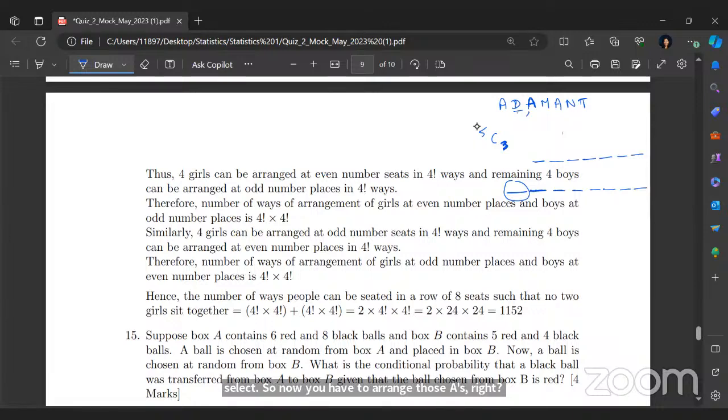So let's say I put it here. It can be put here, or it can be put here, or any three places in such a way that they are not together, right? It can be here, it can be here, it can be here. And then some cases you will have